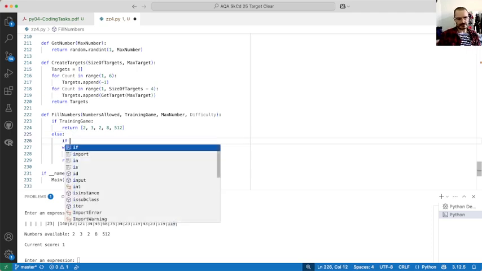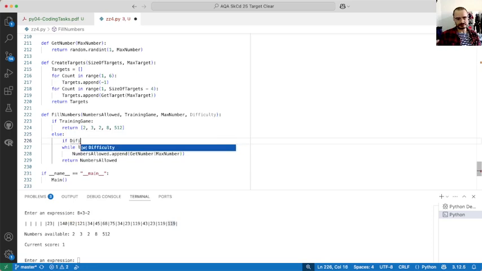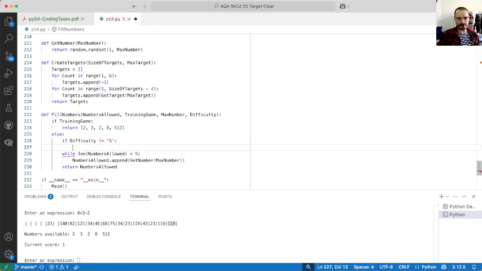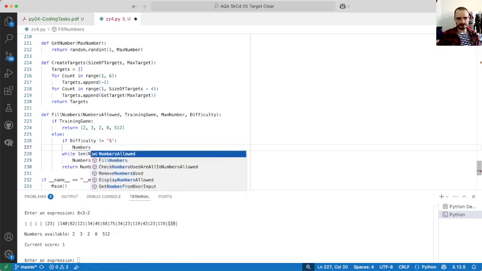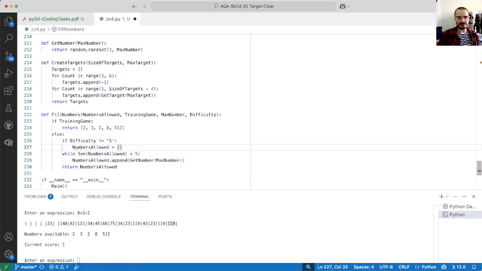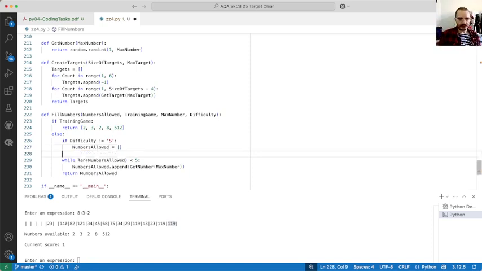So if we're not in standard difficulty, I'm going to wipe numbers allowed. That is, I'm going to set it to the empty list, because we want to create a new set of numbers every time, right? So before I populate it, I need to clear it. And then, actually there's a switch case now in Python, it's match case. So if I match difficulty,